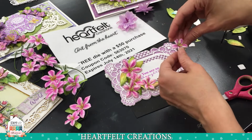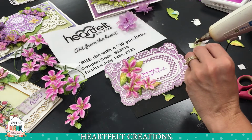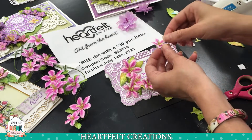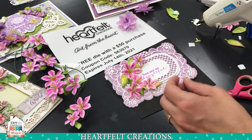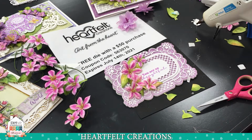Okay, we are going to pop a little baby flower right in here. That one already had a little small leaf attached to it. Now, as a finishing accent, I did not point this out, but we have some little birdies in the